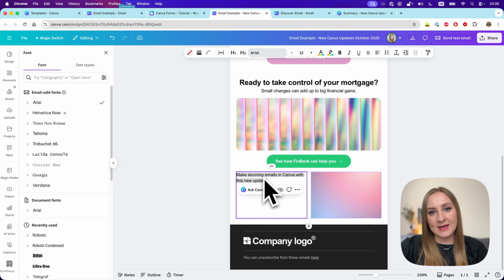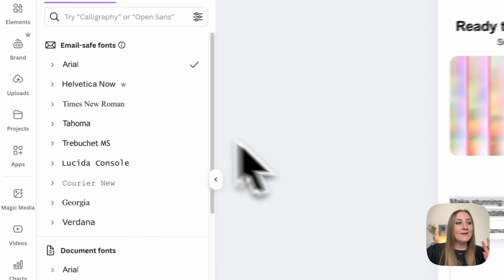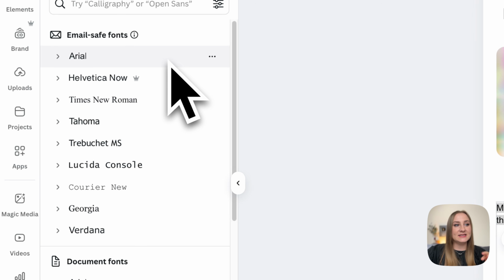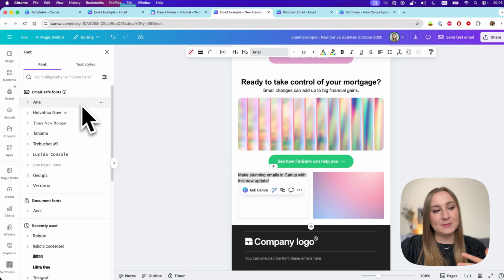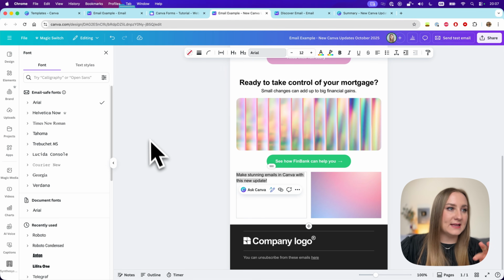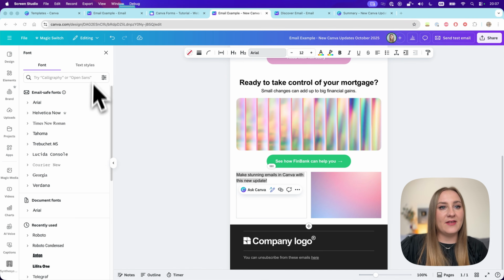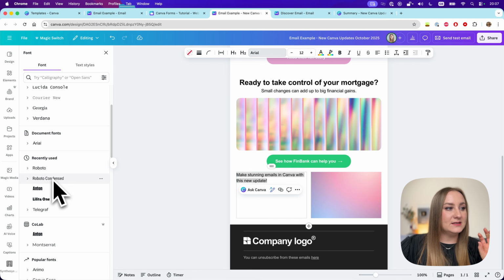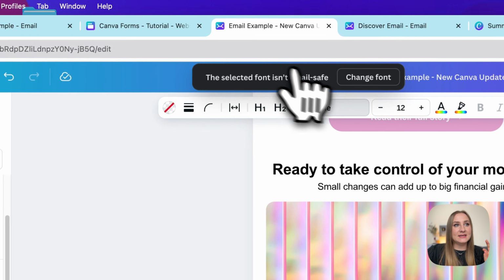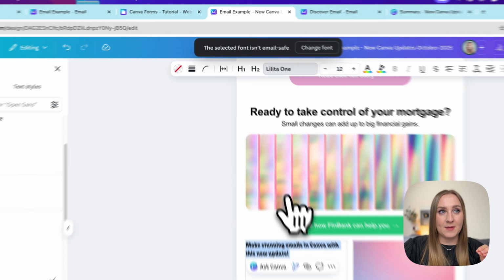Now, an important note to make here is the fonts that you can use. You have 7 email fonts in here that this format supports, just so that it's safely displayed by all your recipients using all kinds of different email clients. You can see them here at the very top, and then the moment you choose something different, so let's go for Lolita in here, you can see that this warning appears that the selected font isn't email safe, and it prompts you to change the font. And try not to ignore it, because the last thing you want is to send this email to your email list only to have the whole structure ruined or looking out of place because Gmail couldn't read your font. In those situations, the email clients usually pick fallback fonts, and these will most likely be one of the 7